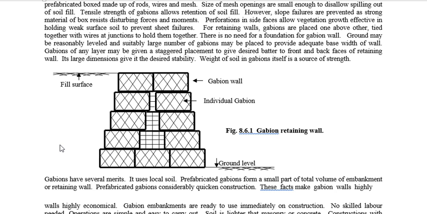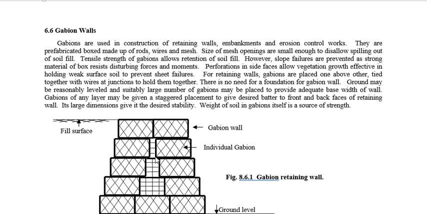Then you fill this box with some locally available materials. After filling the box, it is entirely tied with meshes. Then again, the second layer: the same thing, you fill the local material in this, all sides closed and only the top open. Then again fill it, then close it with another mesh, and this mesh is interconnected with the one below. Above that, another layer, another layer, another layer. You go on placing these gabions and interconnect them one by one, so that it acts as your retaining wall, an erosion control wall, or an embankment also.